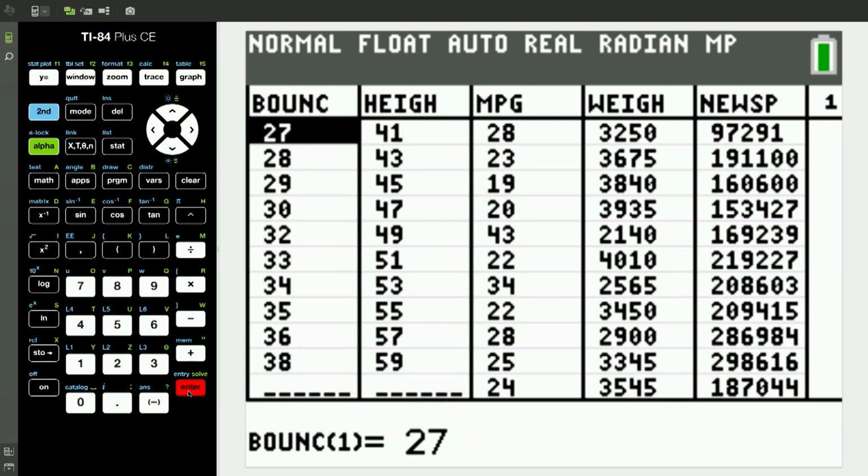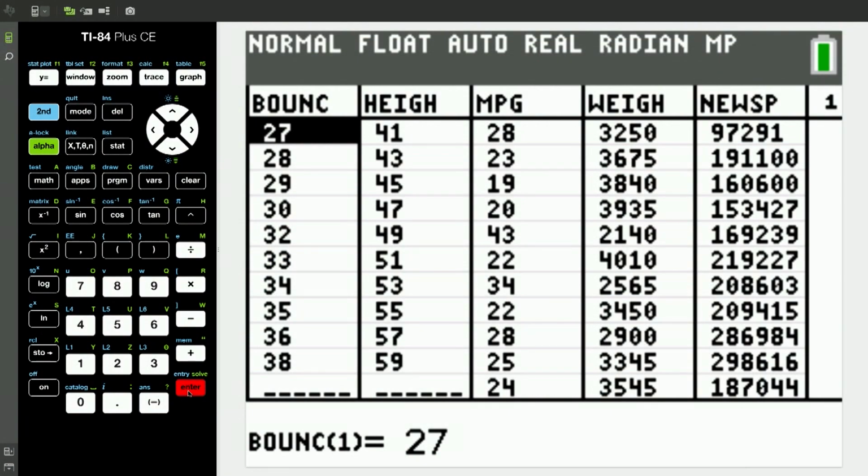Most times your lists have L1, L2, L3, L4. You can put names into the list. So you actually can name lists for students. They can name them. You won't lose your other 6 lists. They're still there. You're just going to add a list and you're going to customize it and name it, so it will make sense to students. Okay? So do you see that we have bounce and height? We have miles per gallon versus weight of the car, and then we have newspapers versus years, I think it is. So we're just going to look at the bouncing and the height right now, which is on your data.